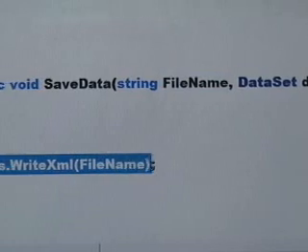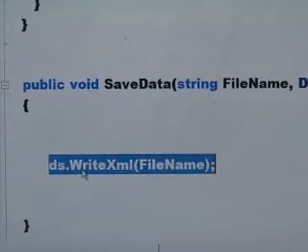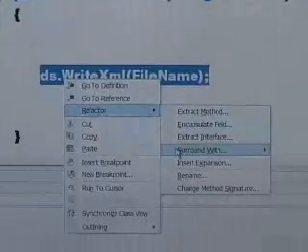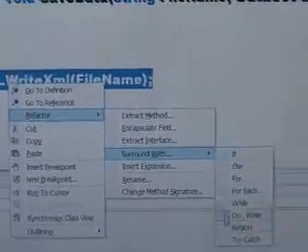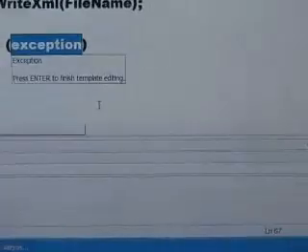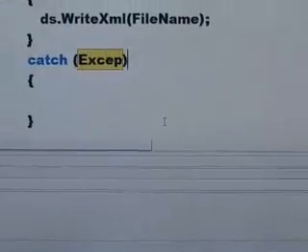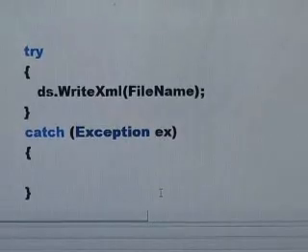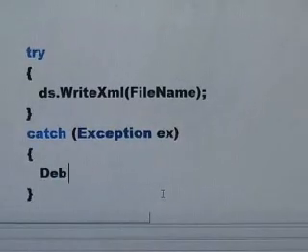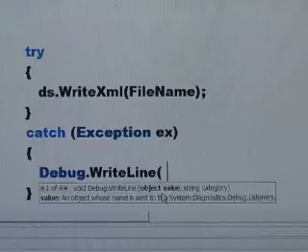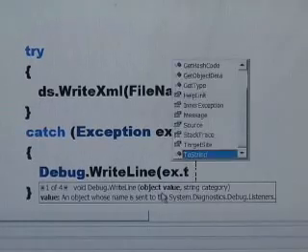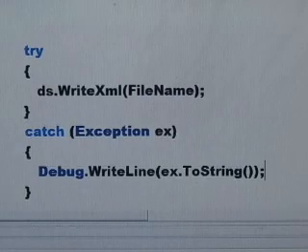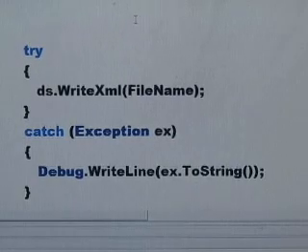So one of the things we may want to do is to put some structured error handling around this. I can select the line of code, choose refactor, and choose surround with, and I can choose try catch. So I want to put this around a try catch, and I can put the specific exception type. I'll just say exception here. Click enter, and maybe we'll just write this to the debug window and say ex.toString. So simple stuff here. Click build,